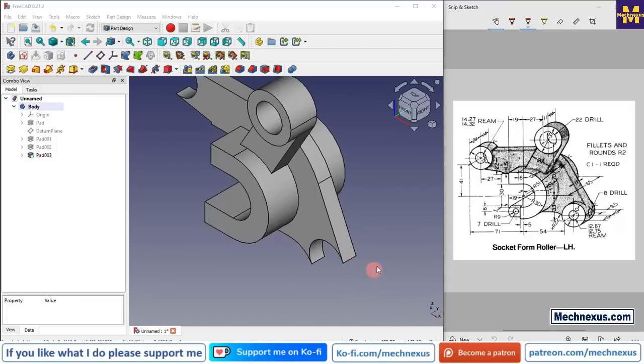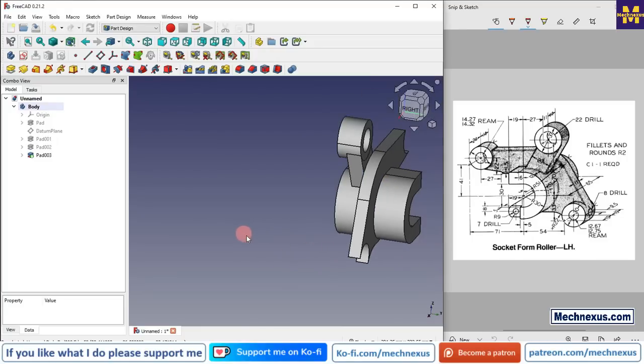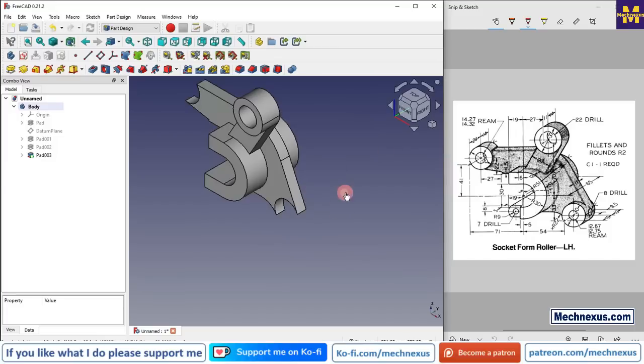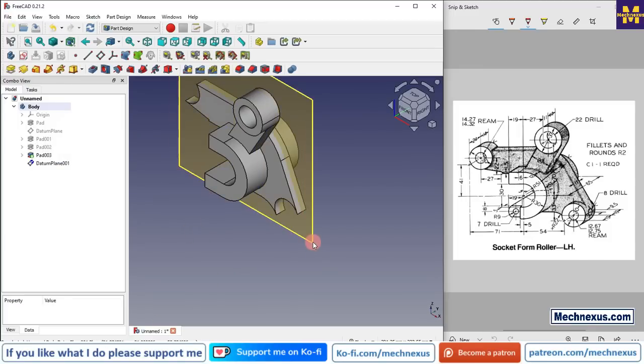So for this we will select this face and click on the sketch. So here we can see that it is 19 to 19, means 38. So we will place the isometric, and here it is 11 mm, so we will select this face and insert a datum plane at a distance of 5.5, and we will make it minus. Click on OK, select the plane,